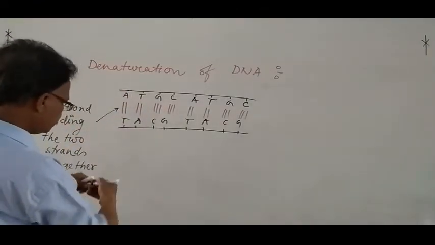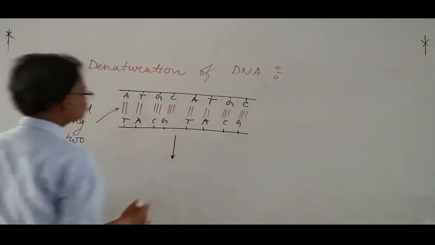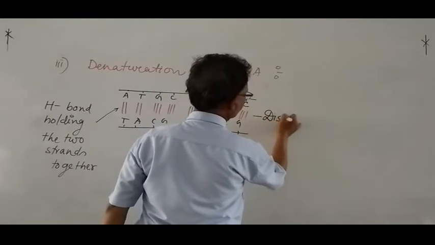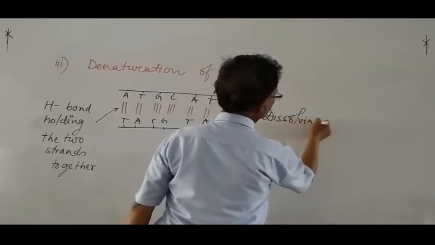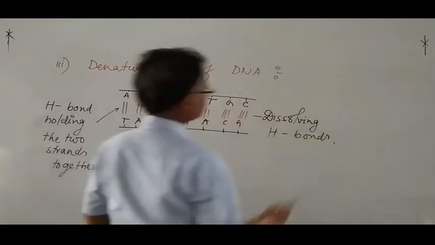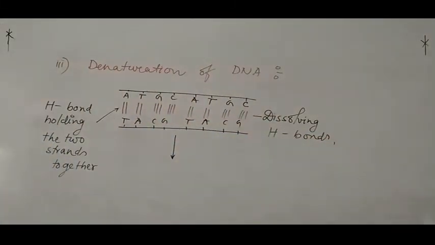Because separation can be carried out by dissolving the hydrogen bonds. Dissolving H bonds occurring between complementary bases can cause separation of the two strands from each other,